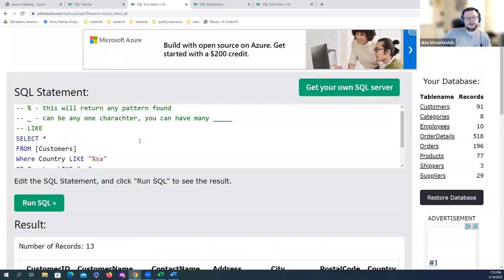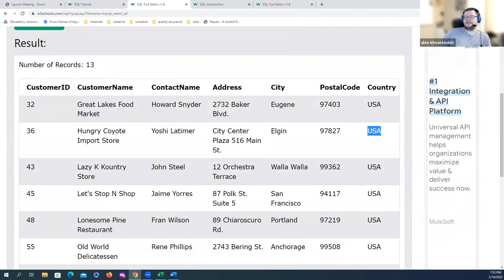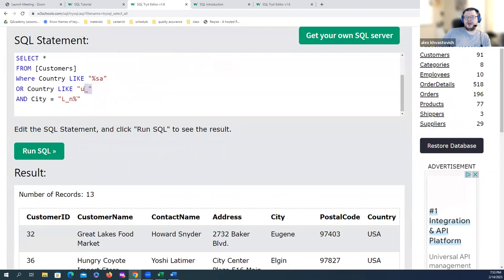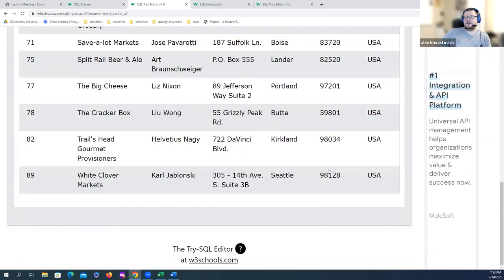All right, so what we did here, so I said country, return everything where country is United States, LIKE USA. We got all of them. And then here I say, or country LIKE UK, because there's UK, and city has to start with L. Then there's any character, there has to be an A after, and then it ends with anything. And we got,